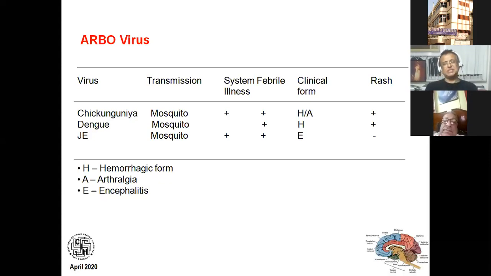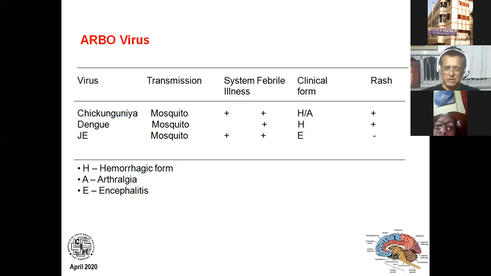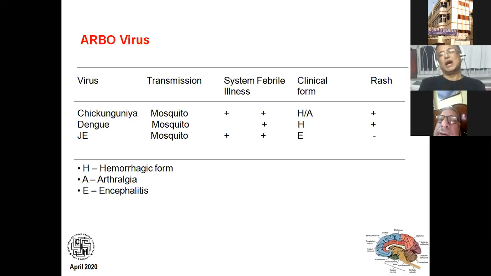So diagnosing these three conditions in the early stage, during the systemic febrile stage, is a little bit difficult. But if your suspicion is high, dengue has some very important characteristic features: retroorbital pain, intense headache, and intense myalgia. So much is the pain that dengue is also called break bone fever. Early in the disease, you can have leukopenia followed by thrombocytopenia. The hemoglobin is relatively high, and so is the packed cell volume.